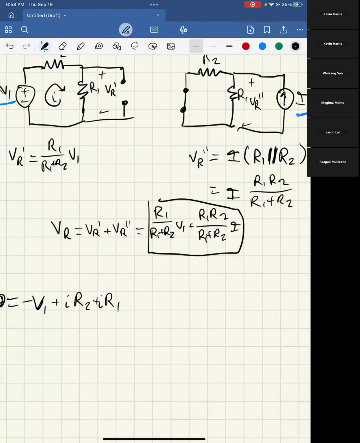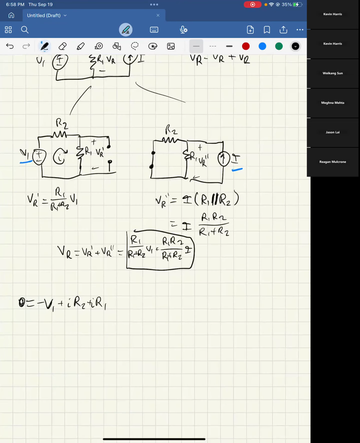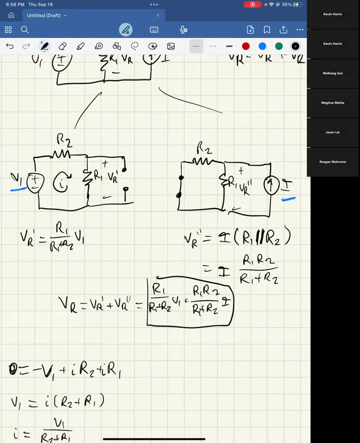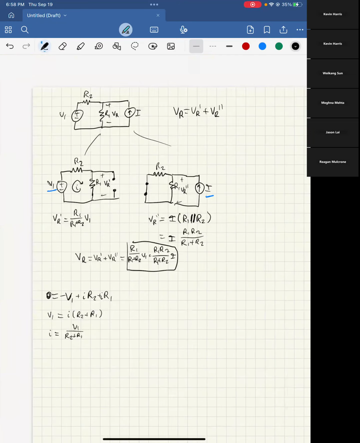So you see that, right? You can rewrite that as V1 equals I times R2 plus R1. And then I equals V1 over R2 plus R1. And then if you were to find the voltage across just this resistor, which we've called VR prime,